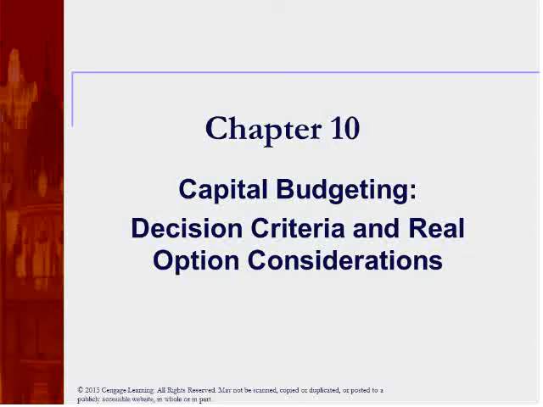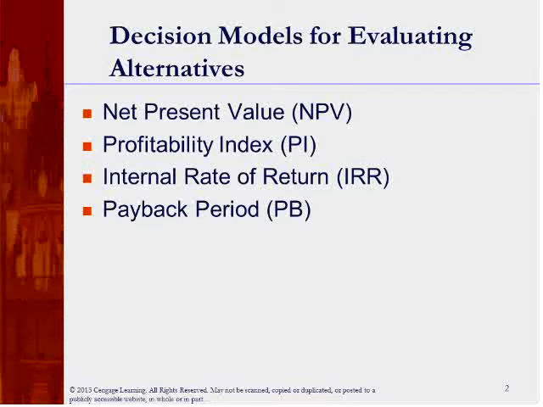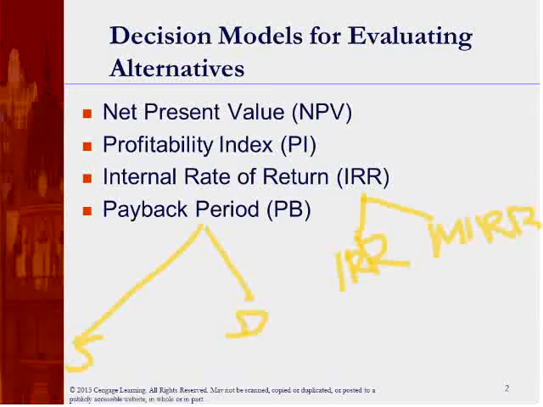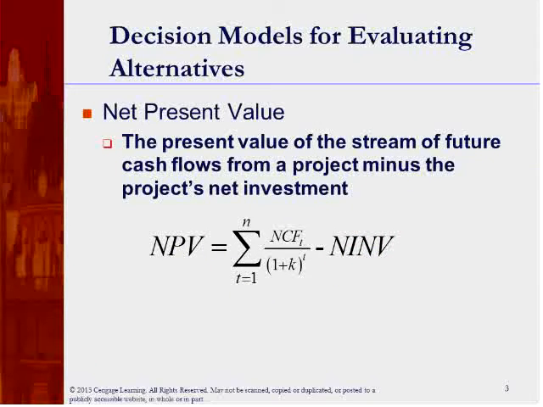Chapter 10 deals with capital budgeting, which means you're going to be looking at these four methods. In addition to these four, there are a couple under this. For example, under IRR, there are two kinds. One is regular IRR. The other is what is known as modified IRR. And under payback period, there is simple payback period and there is discounted payback period. We are going to be dealing with both of them. So let us start with the first one.